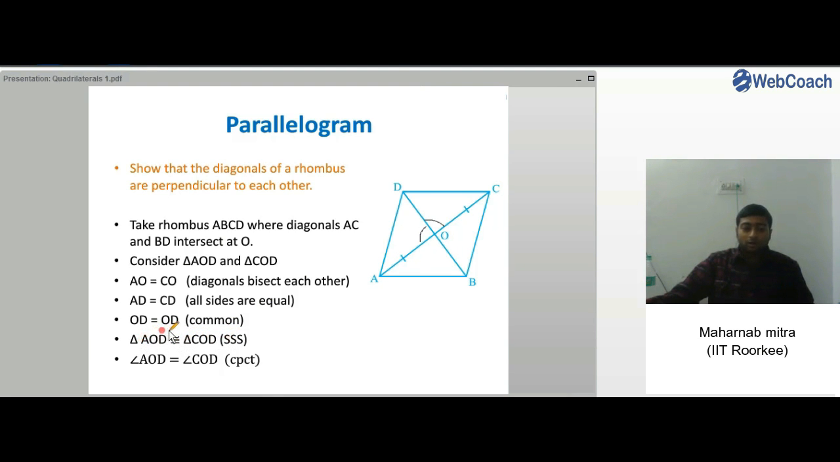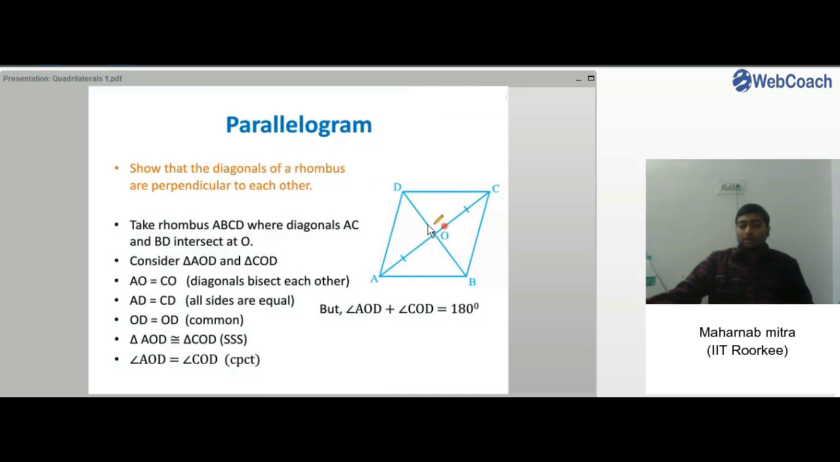These angles are equal from the order in which the triangles are congruent to each other: A can be overlapped on C, O can be overlapped on O itself, and D can be overlapped on D itself. So by this order we have proved that angle AOD is equal to angle COD, right? In this order only. So this is by CPCT. And now what we do,